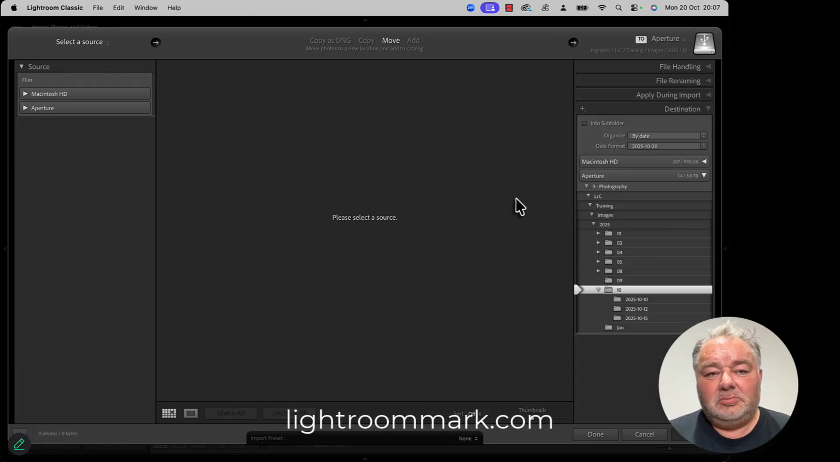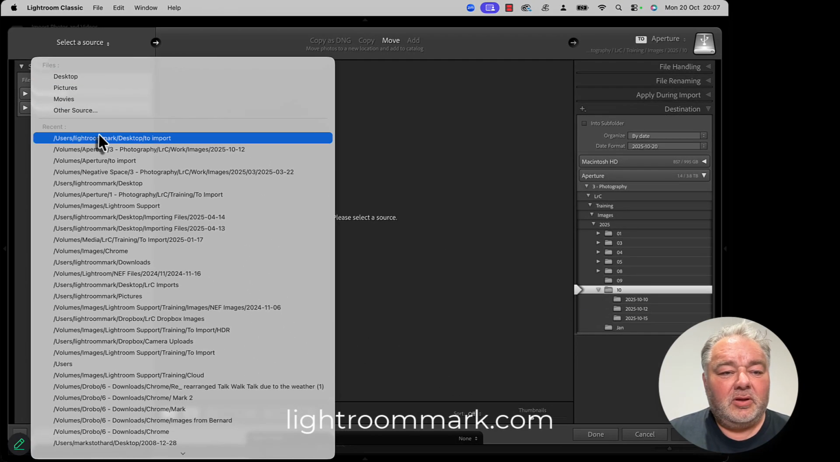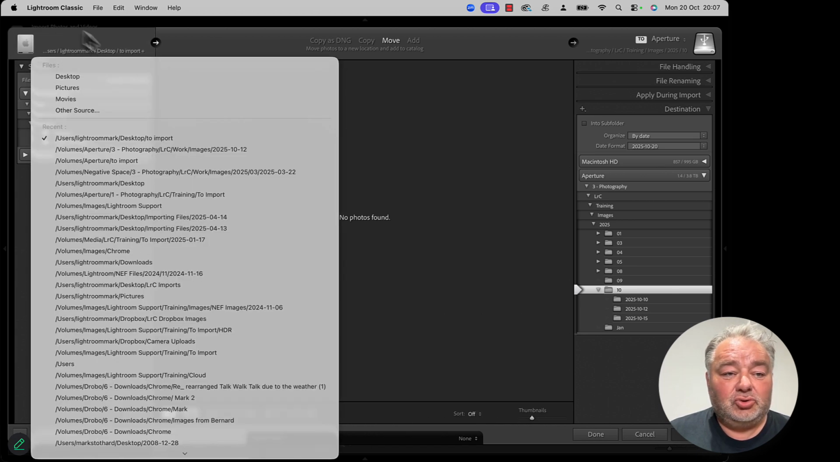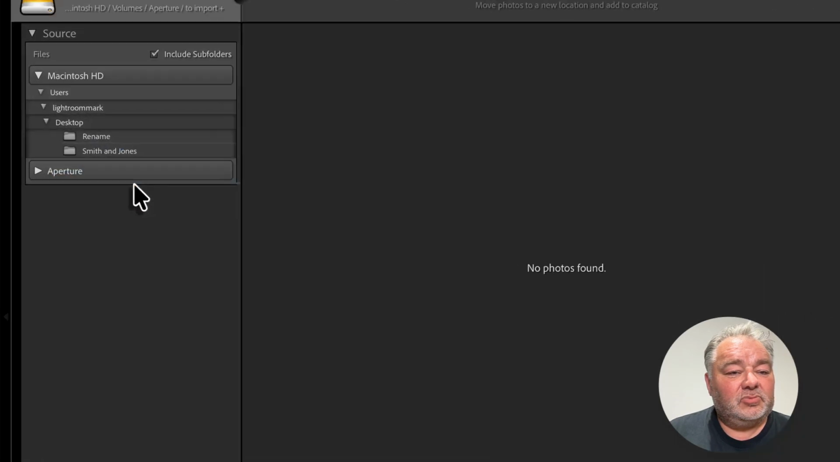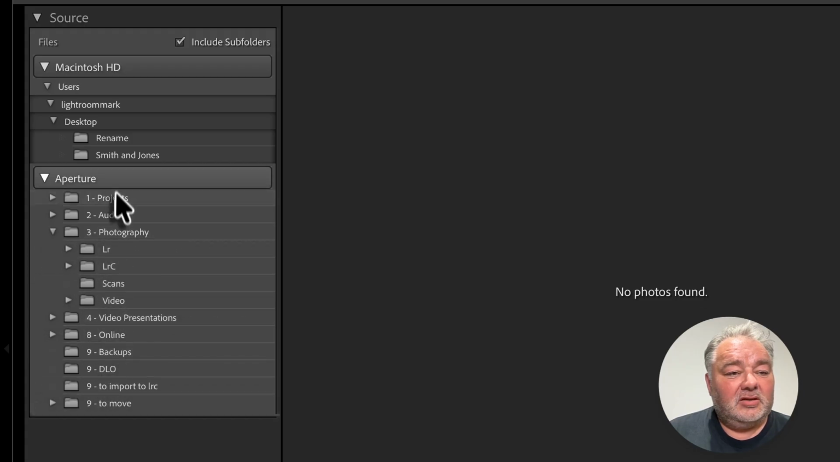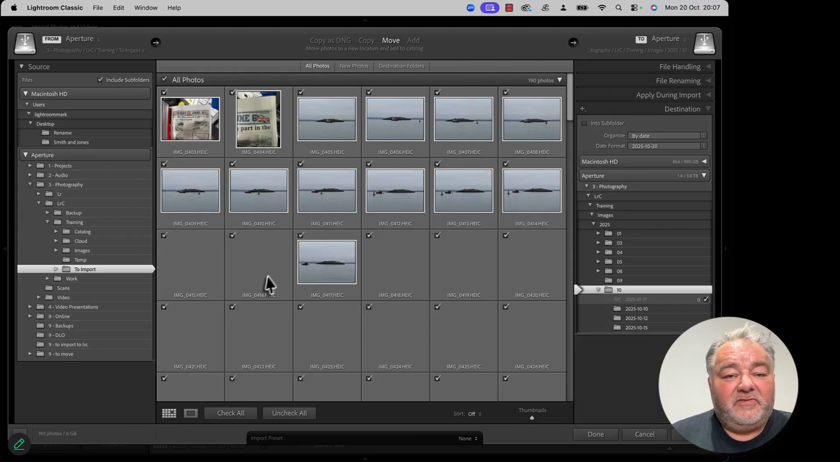So import module. We went through everything. So this is the source where it's coming from. Okay, so I'm going to go to a location. I can click on source up here and I can go and find a particular location. Okay, and it will look for the images. So I'm going to go photography. These are drives. So this is my drive in the computer. This is an external 4 terabyte Thunderbolt 5 SSD drive. So I'm just going to go here, I'm going to go to training,